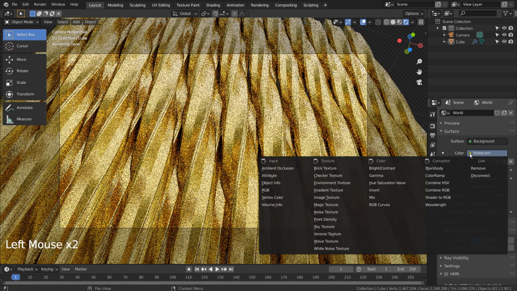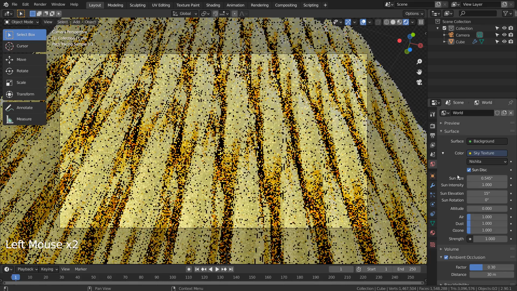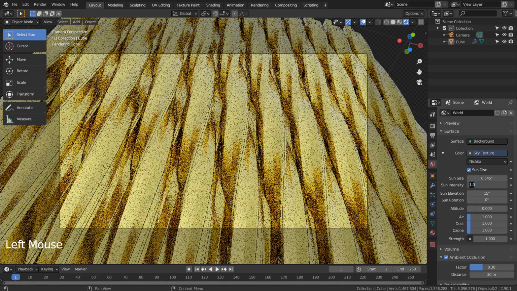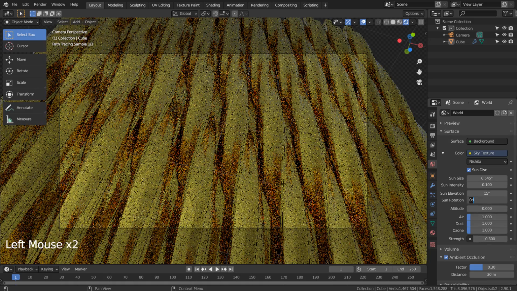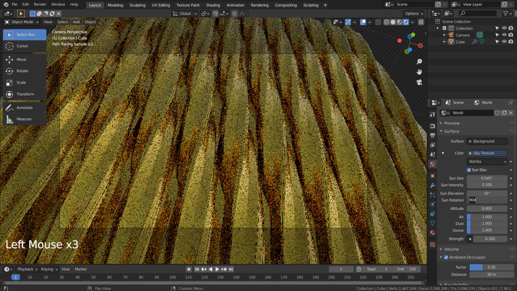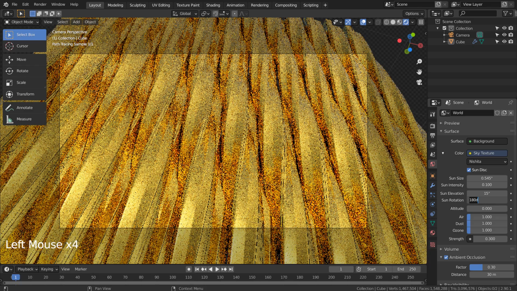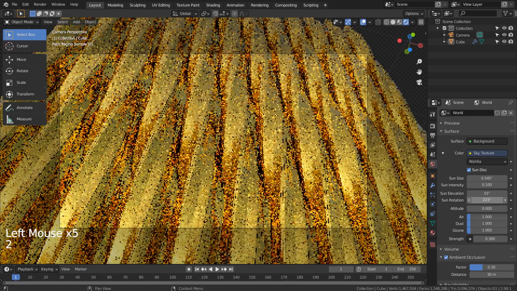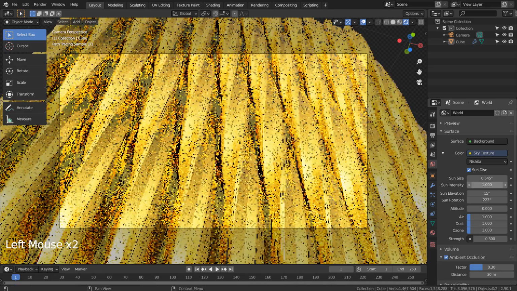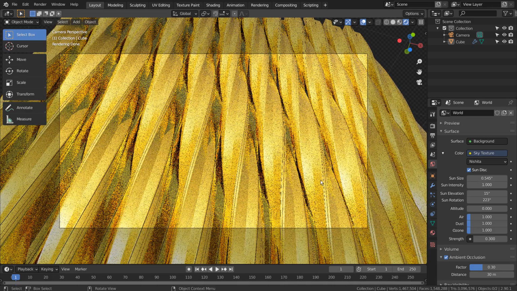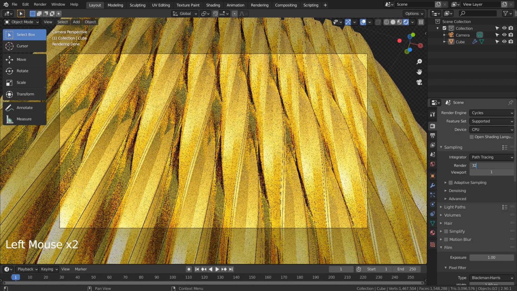I'll use the sky texture. I'll use 32 samples to render.